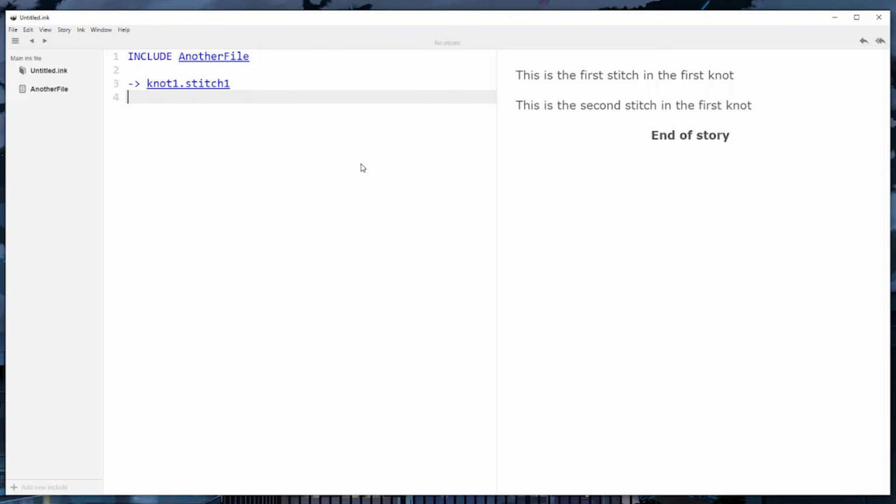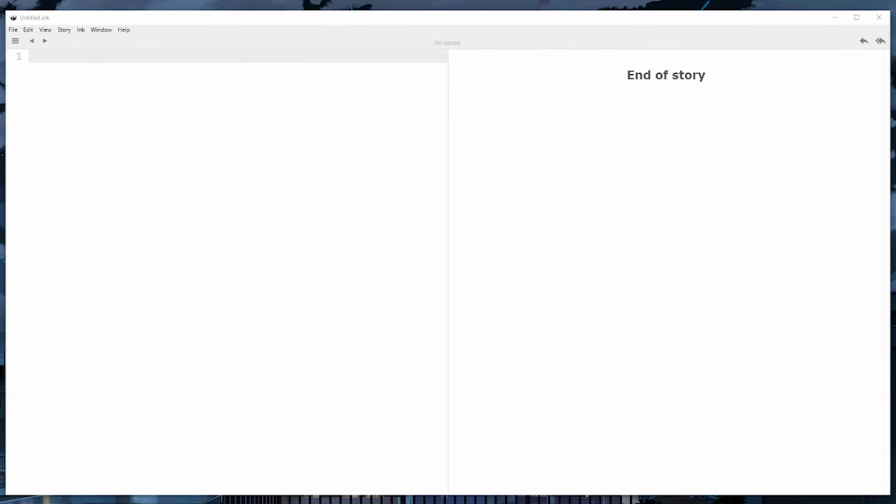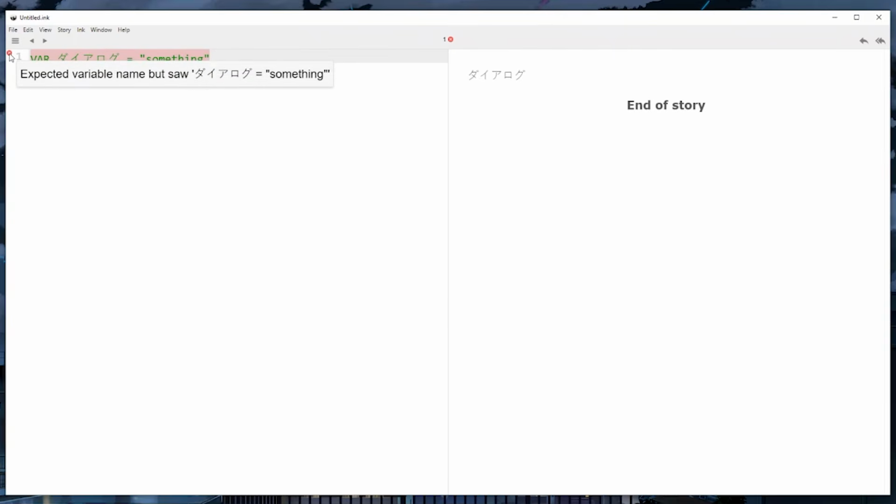The last thing I want to touch on involves localization. The good news is that Ink has no limitations for non-ASCII characters inside the story content. This means it can handle any characters you throw at it with one exception. That exception is that any variable names, knot names, or other things built into Ink do have some limitations. If you plan on making your dialogue available in multiple languages, this is certainly something to keep in mind.